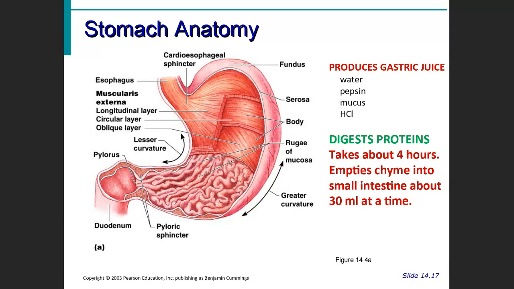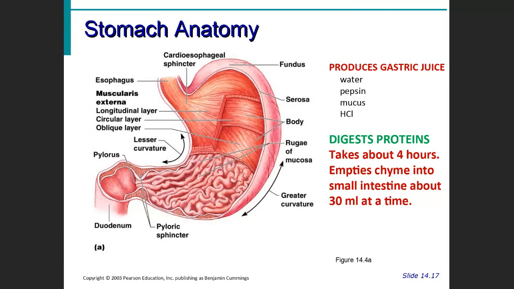HCl is hydrochloric acid. Now, the hydrochloric acid is there because when the stomach makes the pepsin enzyme, it makes it in an inactive form. So the pepsin doesn't damage the cells that actually make it. And then that inactive pepsin is put into the stomach and mixed with the acid. When it's mixed with the acid, then it becomes active pepsin. So it's only active pepsin when it mixes with the acid inside the stomach, and therefore it doesn't really hurt the stomach lining cells that make it.